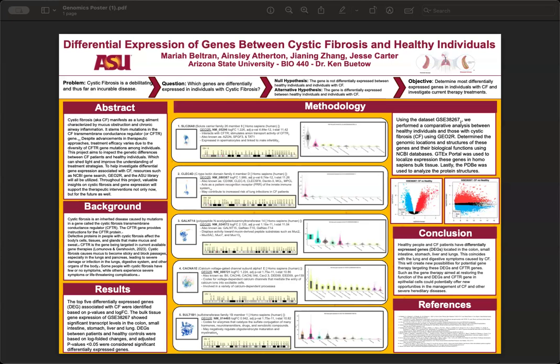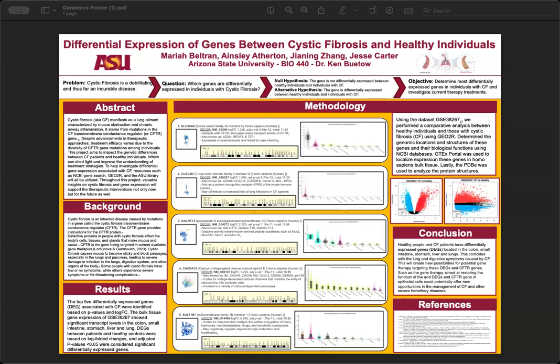Cystic fibrosis manifests as a lung ailment characterized by mucus obstruction and chronic airway inflammation. It stems from mutations in the CFTR gene. Despite advancements in therapeutic approaches, treatment efficiency varies due to the diversity of CFTR gene mutations among individuals. This project aims to inspect the genetic differences between CF patients and healthy individuals, leading to further understanding of treatment